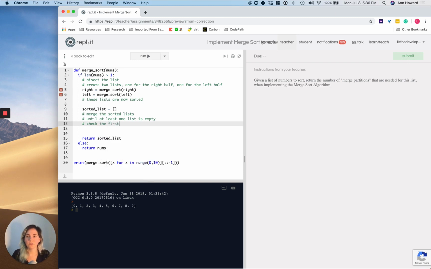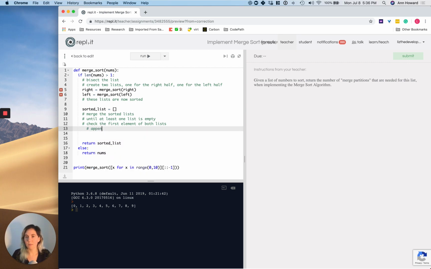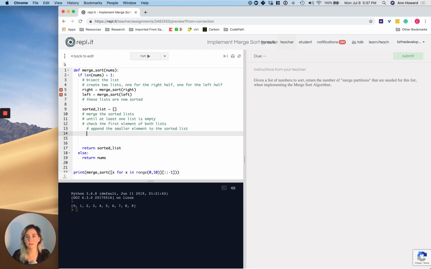Check the first element of both lists. Append the smaller element to the sorted list. So I'll put that over, and then that, and then once one list is empty,